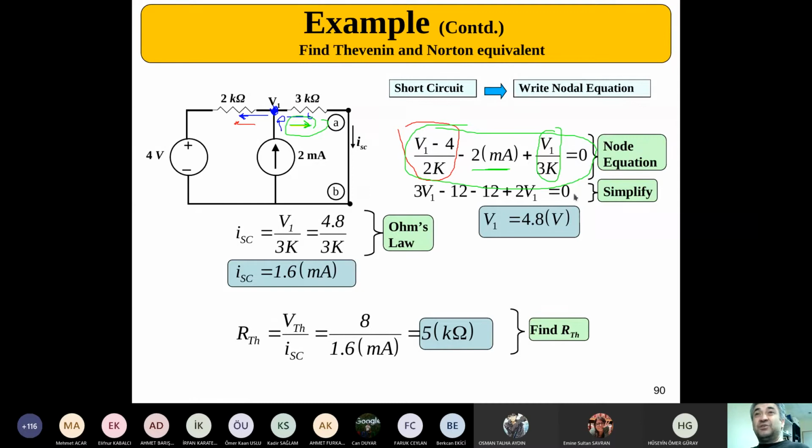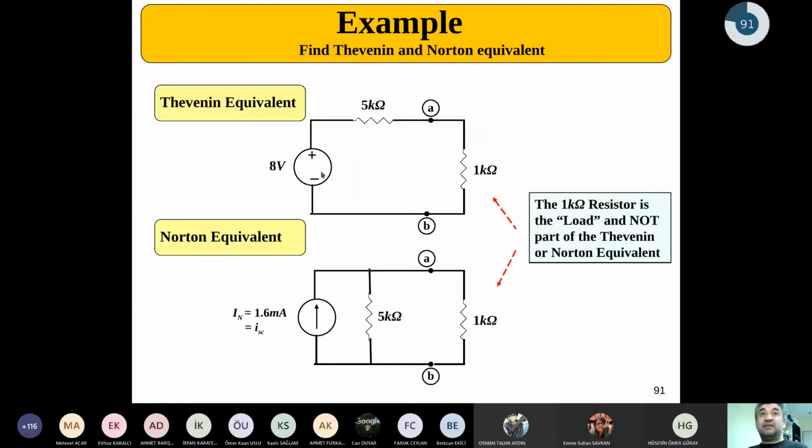When you simplify this node equation, you'll find that V1 can be calculated as 4.8. And if you divide that by 3 kilo ohms, you'll find the short circuit current, that is 1.6 milliamps. Now, the equivalent Thevenin resistance of that circuitry is the open circuit voltage between the terminals A and B divided by the short circuit current, 8 divided by 1.6 milliamps, don't forget the milli here, you'll end up with 5 kilo ohms, meaning that the equivalent Thevenin circuitry will be in this form,